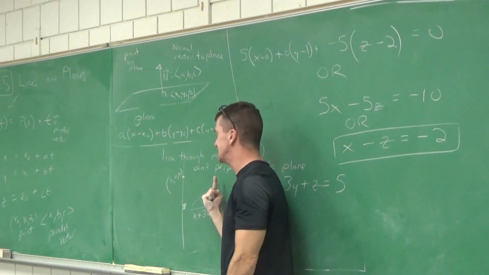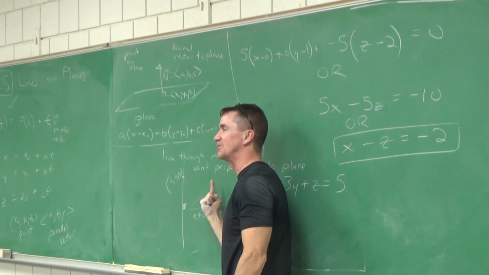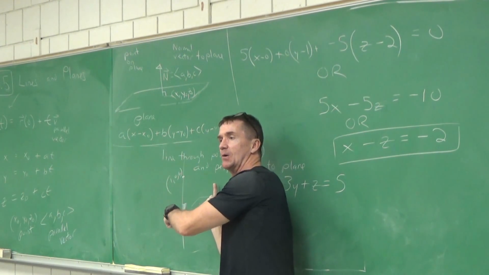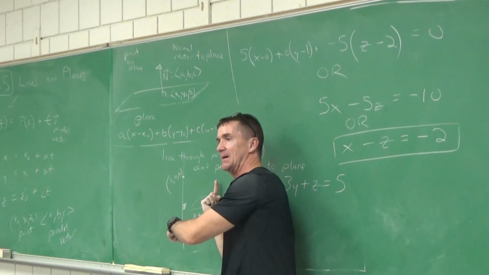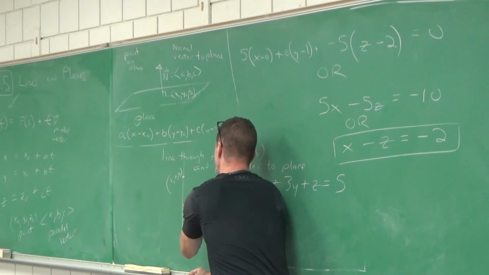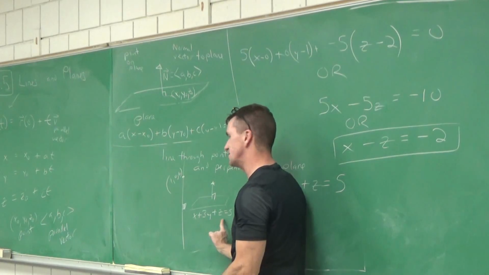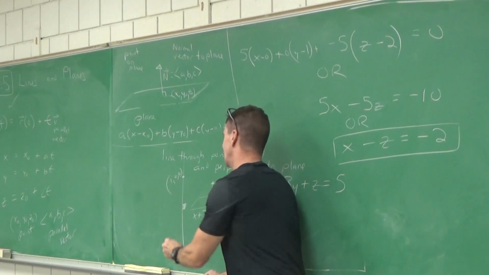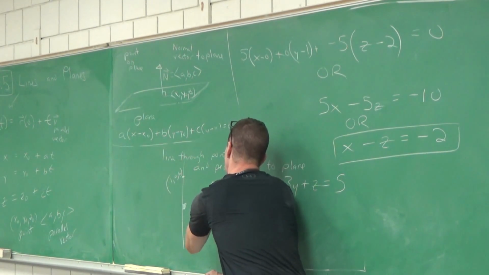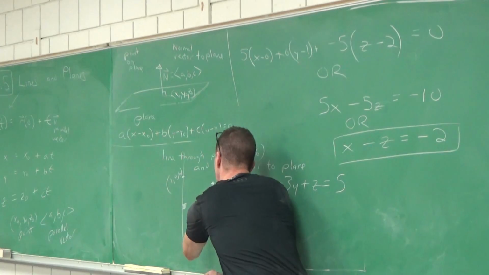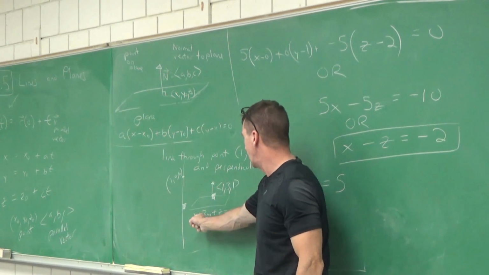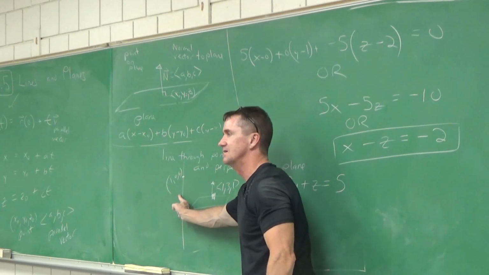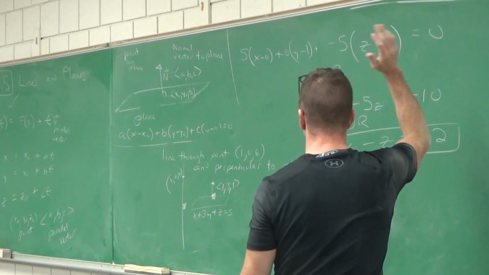Great eye. He says, look carefully at this plane. Look what I'm looking for. We want a vector that runs parallel to that line. He says, hello, how are planes described? Planes are described by normal vectors. And he's looking at these numbers. Which one of these numbers represents that normal vector? The 1 and the 3 and the 1. Here, I'll put 90 degrees right here. The 1, 3, 1, who cares about the 5? The 1, 3, 1 represents the normal vector to the plane. Is that vector parallel to our line? We got it.